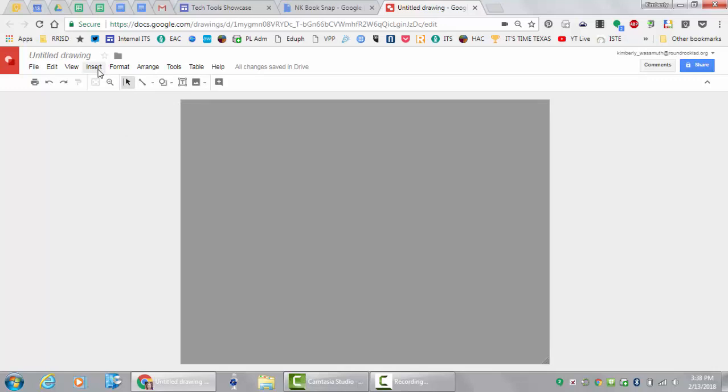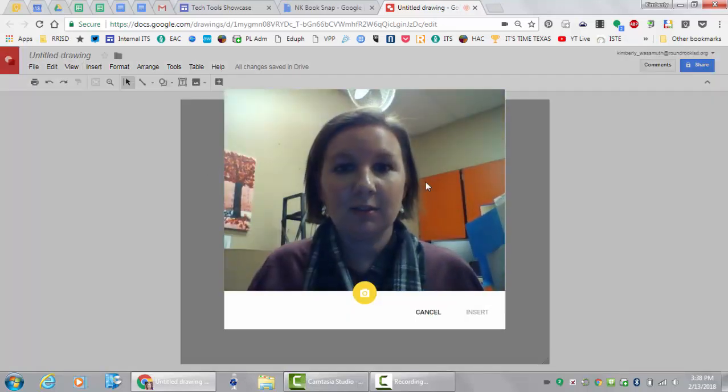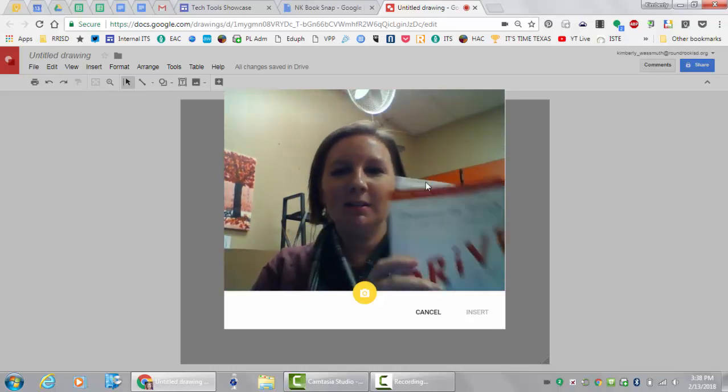And there's a couple ways to do that. The kids can type the text. If you want them to type the text as opposed to take a picture, we're going to actually take a picture. So I'm going to use Insert, Image, and then Camera, which then accesses your web camera. There I am. All right, I have my book, see my lovely book,